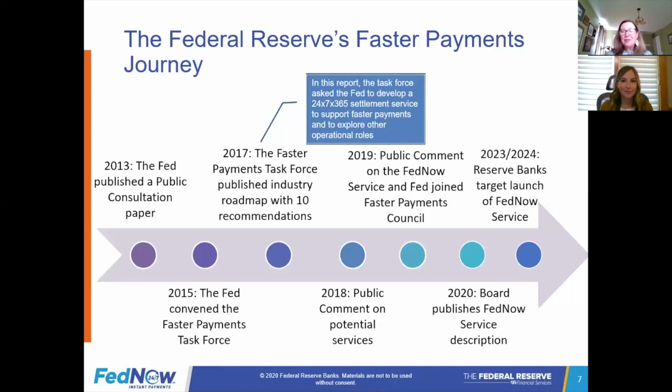All right. This time, in 2019, the Fed announced it would build the FedNow service. And again, asked for comments on its features and functionality, because we wanted to hear from the industry, what were their priorities? What did they want the service to look like? How would it work well for them? So this time we received almost 200 comment letters, again, read them all, and considered input from those, as well as additional industry discussions. We looked at best practices of other central banks that operate instant payment services.